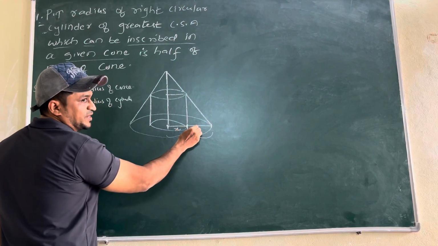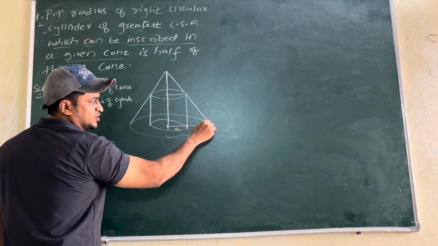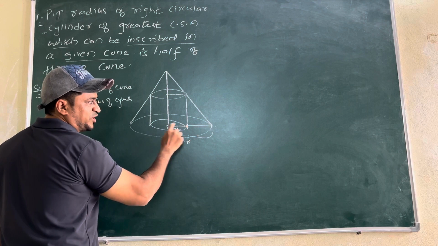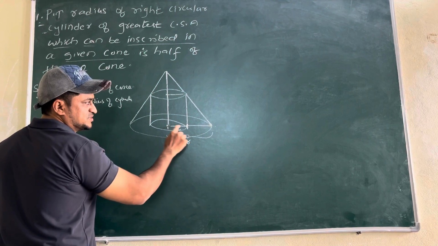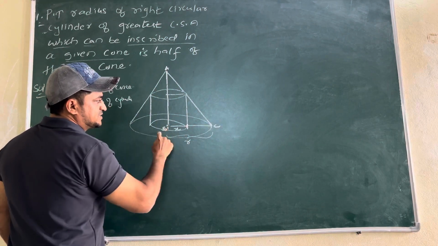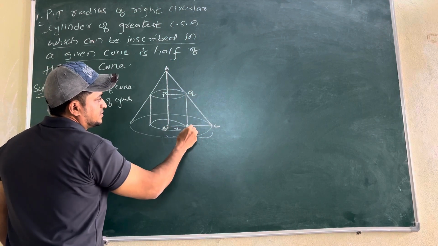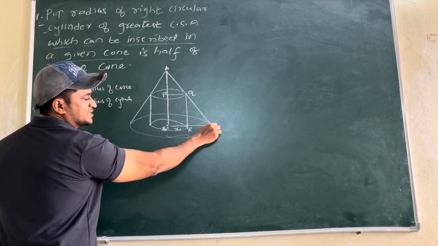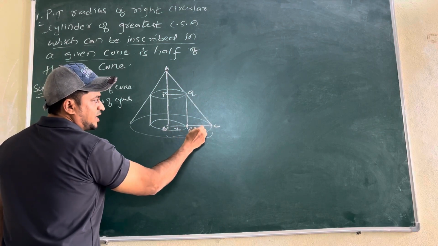So what will be the remaining thing? R minus x is this value, from here till the total value we know. Total from this point to this point is what? R. Suppose we consider this triangle ABC. BC is R. What is RC? RC is BC minus BR, so R minus x.